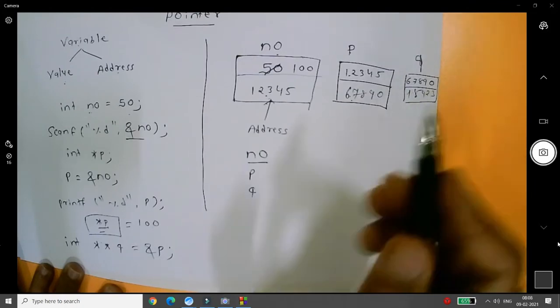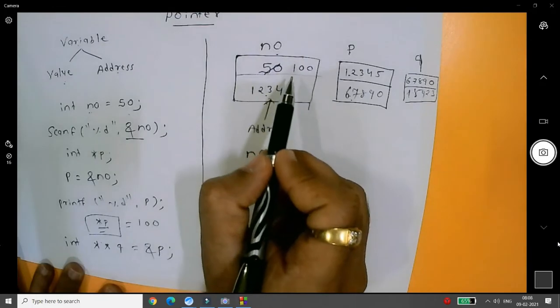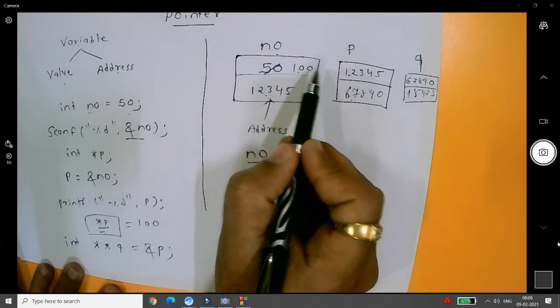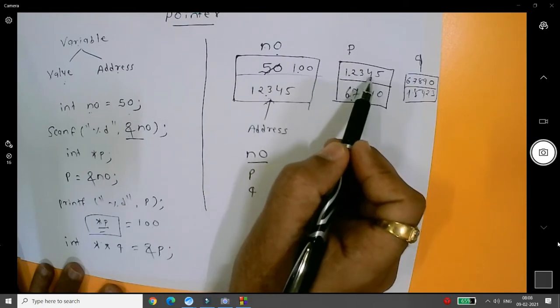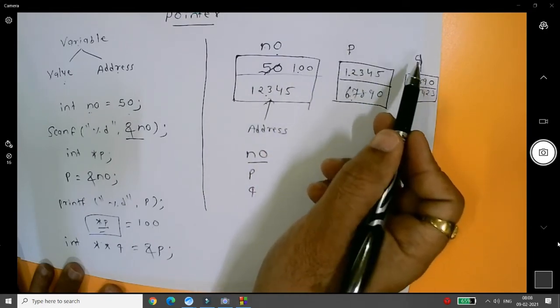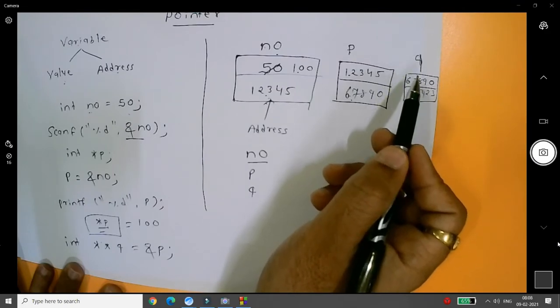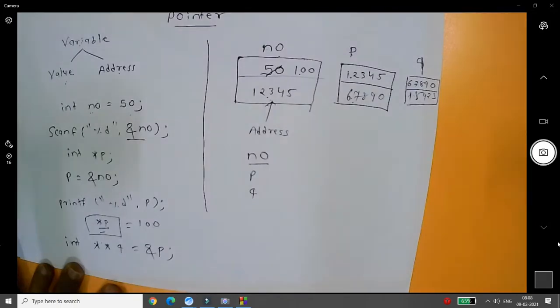In short, whenever you print any variable, it simply prints the content. 100 is the content of the number variable, 1, 2, 3, 4, 5 is the content of the p variable, and 6, 7, 8, 9, 0 is the content of the q variable. In short, these are the values of these variables.